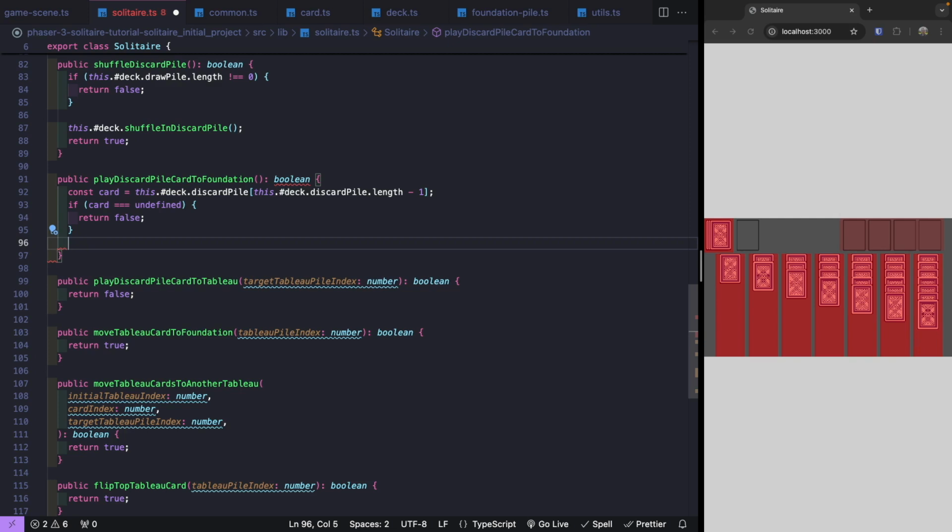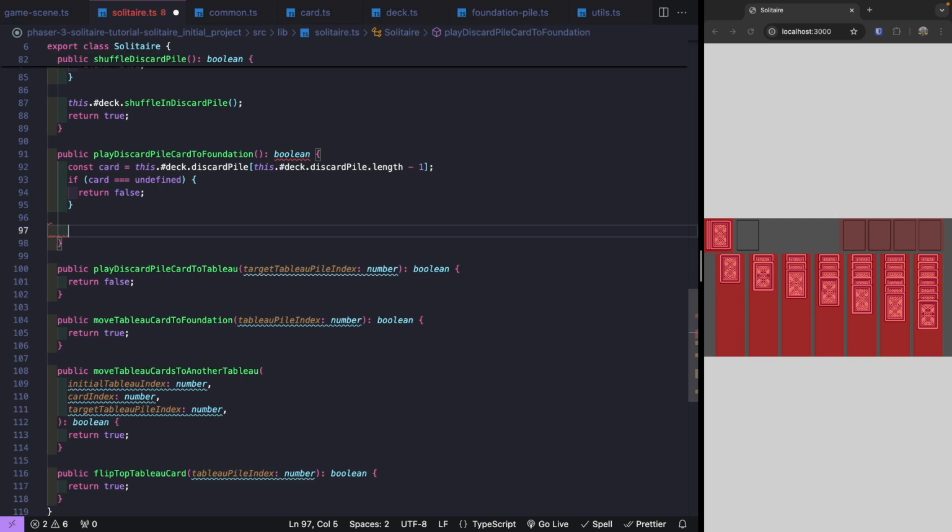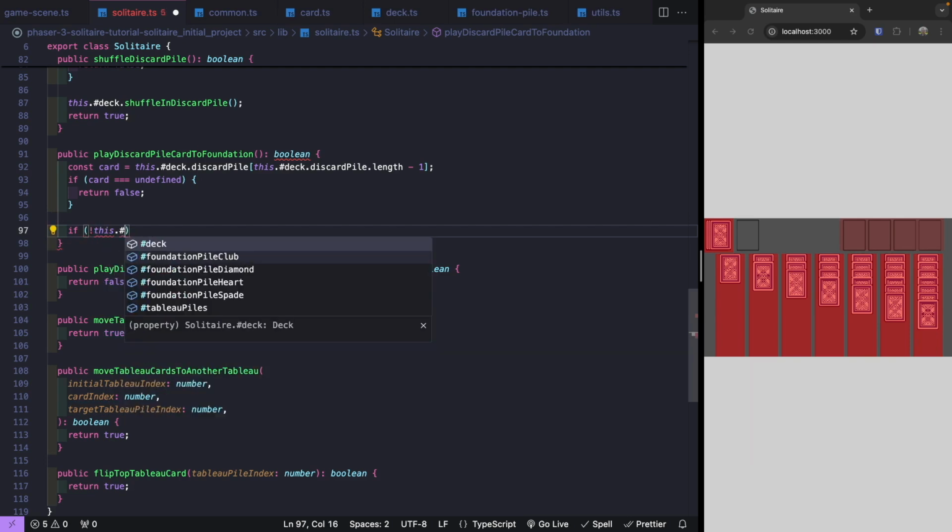And so as an example, if I'm playing the 4 of spades to the foundation pile, I want to go ahead and check our foundation pile spade property and make sure that the current value is 3. And if it's not 3, we'll go ahead and return false. All right, so to do this, we'll make a new private method. And so what we'll do is: if not this.isValidMoveToAddCardToFoundation